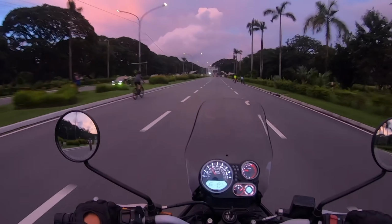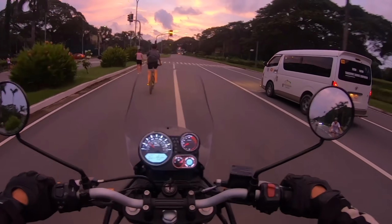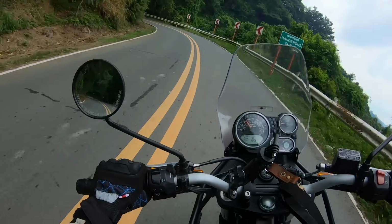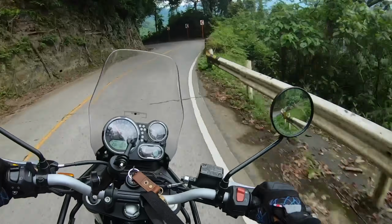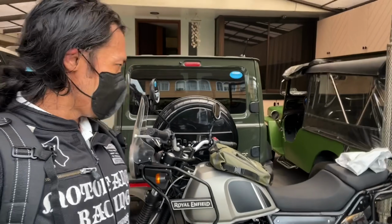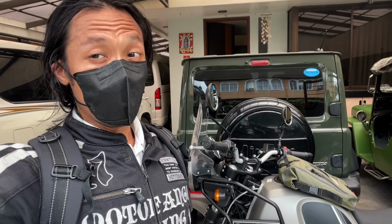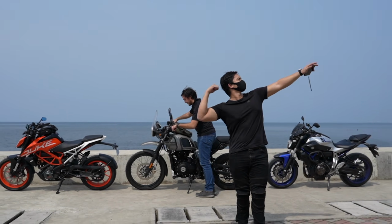Whereas the Himalayan is kind of this charmingly imperfect bike with its shortcomings almost being integral to its character, and the reassuring thump of its engine is a soundtrack a lot of people love. This is an intangible but significant aspect of the motorcycling experience. Another thing to keep in mind is that the Himalayan, being a bike that more people own in many parts of the world, has more abundant aftermarket parts options, so those who like to customize their bikes may find the Himalayan a better canvas. So if all you care about is just purely how the bike rides, then hands down,